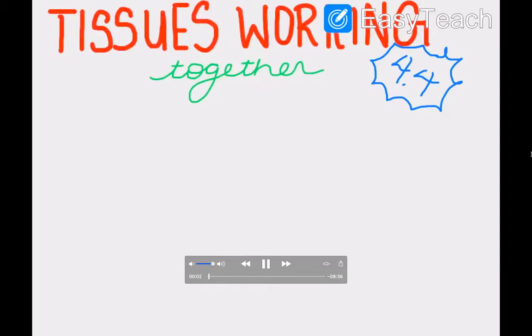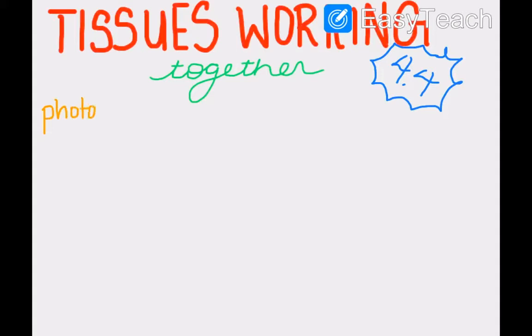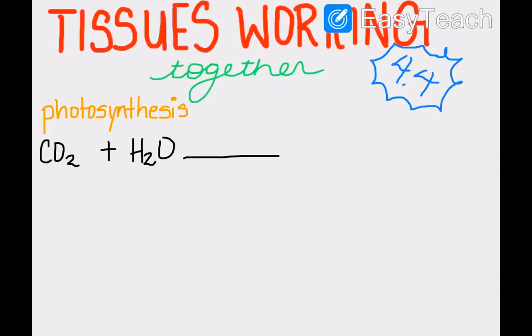Okay, welcome to 4.4. We're going to look at how tissues work together in plants. And starting off, I want to talk about photosynthesis. In the lesson before last, we talked about the chemical and word reaction for photosynthesis, and you should be able to write it all down. For the chemical reaction, we have carbon dioxide plus water, which requires light energy as well,